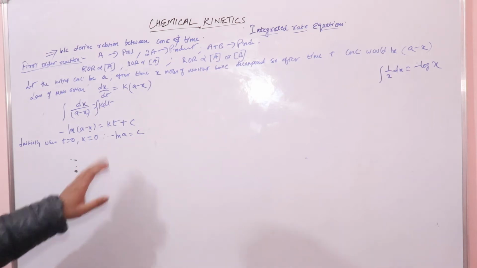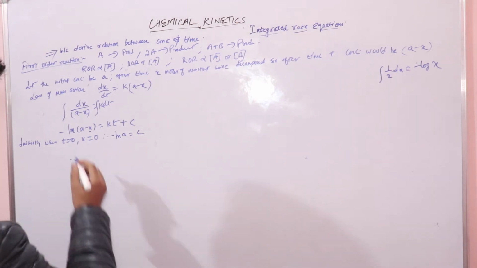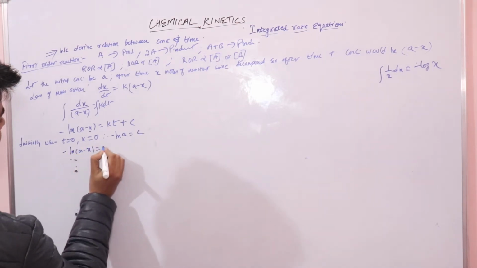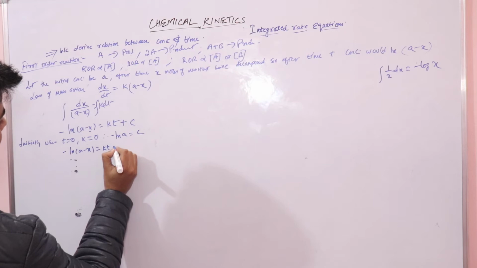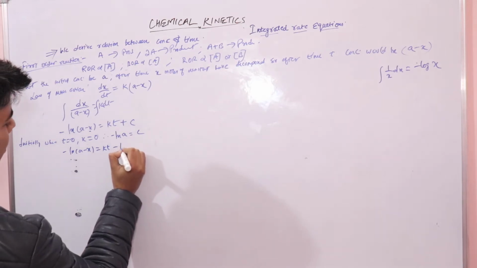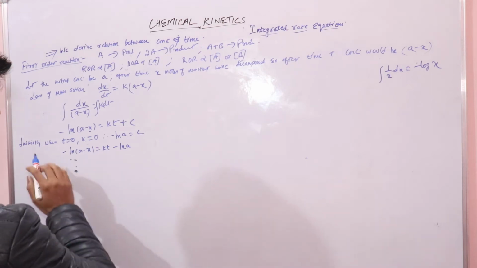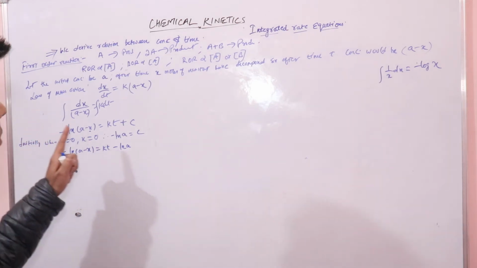So here we got the value of constant C. Right, so here it would be like this: ln(A − X) = −KT + ln A. So I'll repeat, this is